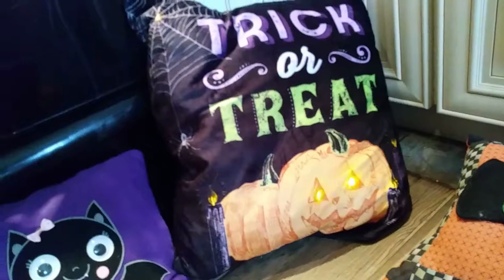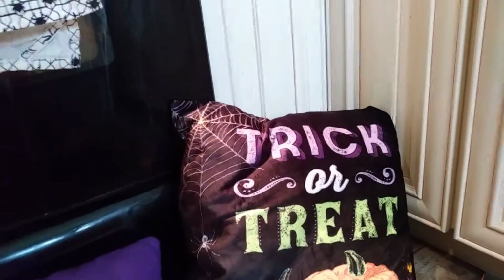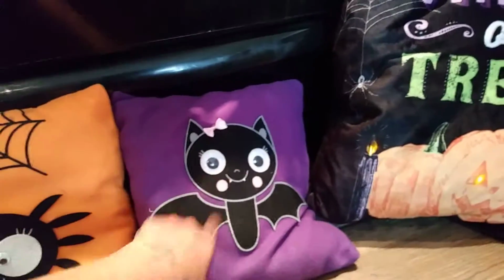Let's find this right here. Trick or treat. I love that. That looks so cool at night. I got a little cutesy bat. My husband doesn't like the bat, but I